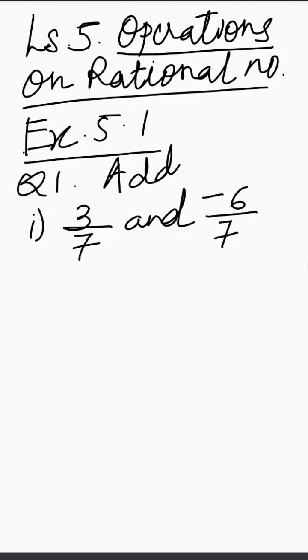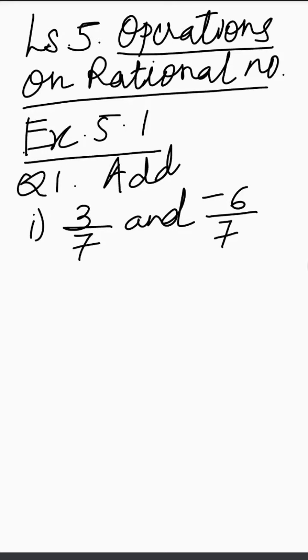Okay. Now see, we have learnt to add, subtract, multiply and divide integers as well as fractions. And a fraction is a rational number, you know very well. The four operations on rational numbers are same as on fractions. Means the students who know how to add, subtract, multiply and divide the fractions, they can very easily solve sums based on addition, subtraction, multiplication and division of rational numbers.